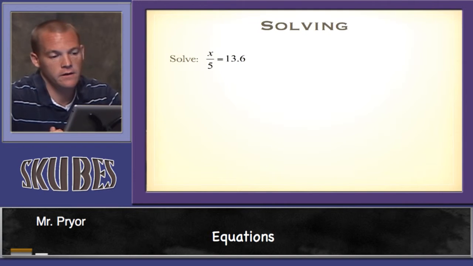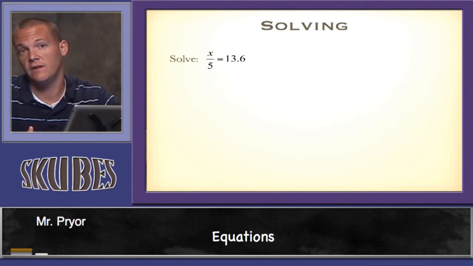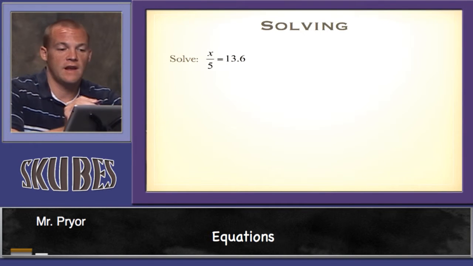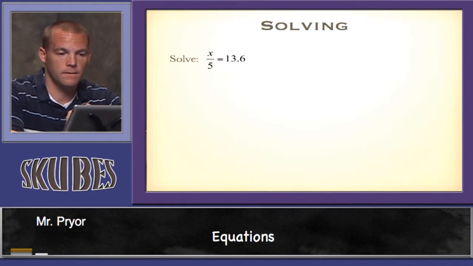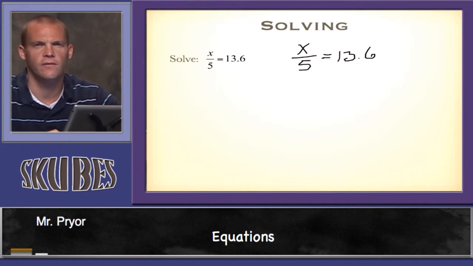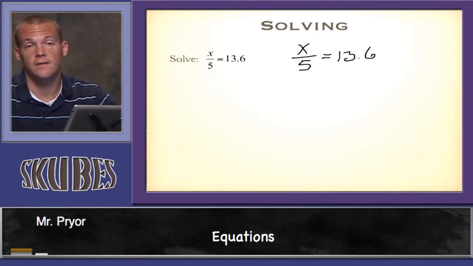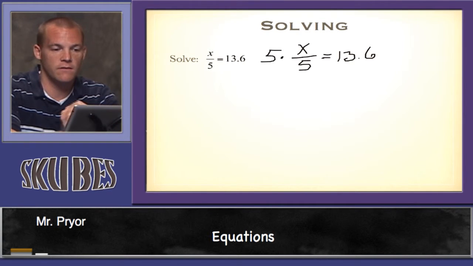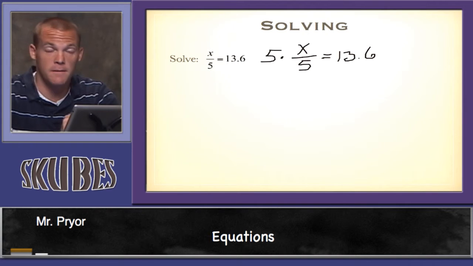Right, a couple more here, just giving you different variations of these equations that you'll see. And you'll notice the majority of them are just one step. These are really just considered one-step equations. All right, so this is actually a problem I'm going to have to rewrite: x over 5 equals 13.6, because I need a little bit more room here. When you see x over 5, I know it looks like a fraction, but what you have to keep in mind is that fractions are division. So this is x divided by 5. So the inverse, to solve it, would be multiplication, because multiplication is the inverse of that division. So we're going to multiply both sides by 5,